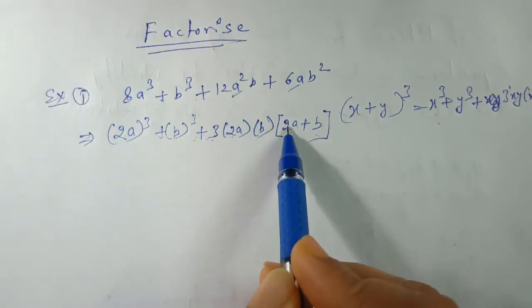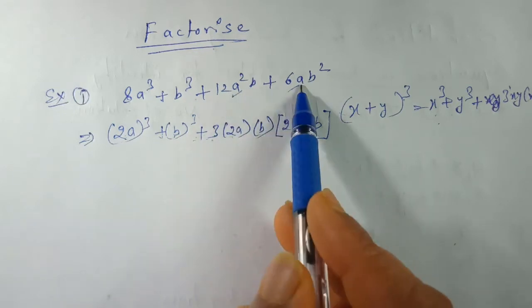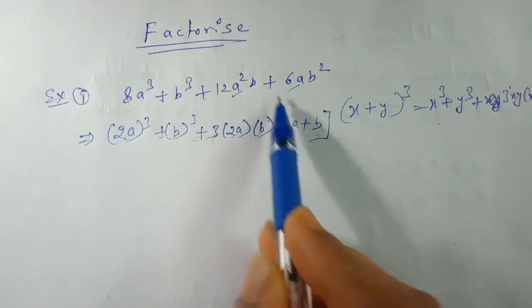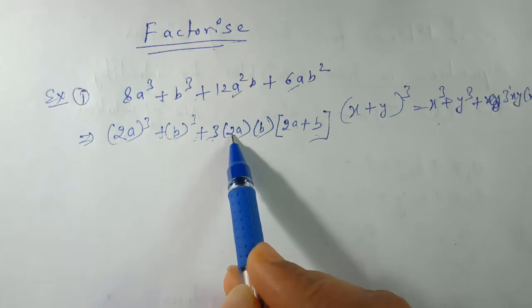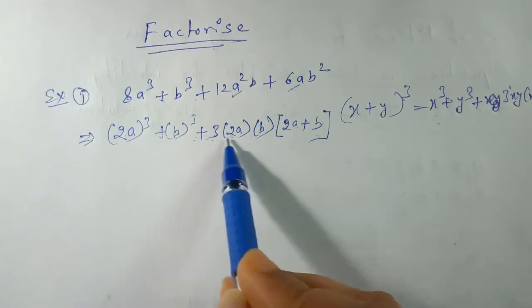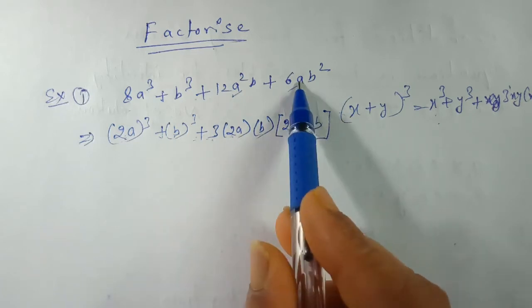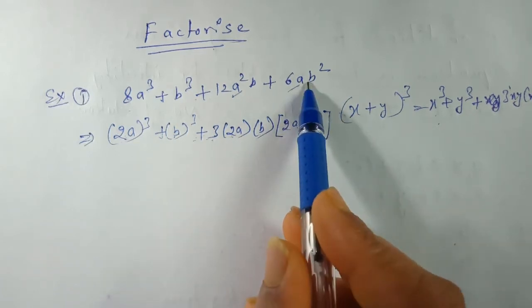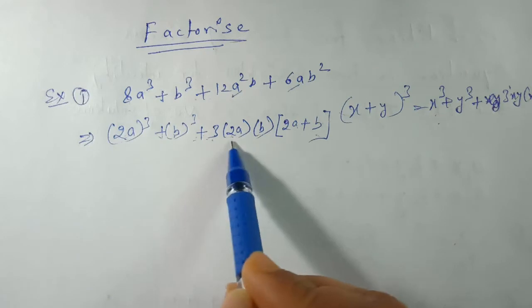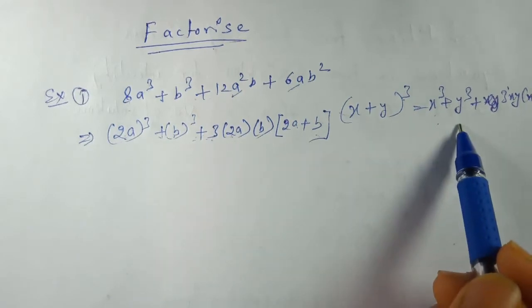When we multiply these two, we are getting 12a square b. Let us check the last term also. Plus and plus will give plus. 3 into 2 is 6, and here only one number is there, so 6 is correct. a is single, b into b will give b square. So it means this is in the correct form of the right hand side portion.